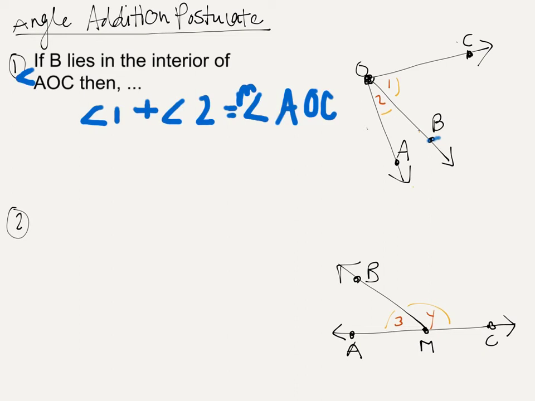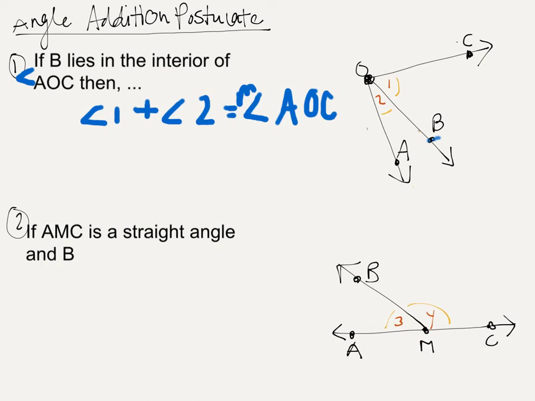That's it. The second part of the angle addition postulate, it looks a little tricky, but here's your diagram. The thing that I'd hope you notice is that these two angles are sitting on a straight angle. And that's really precisely what this part of the postulate deals with, is the straight angle. So if, I'm going to leave a space for my angle here. Oh, maybe I can. If angle AMC is a straight angle